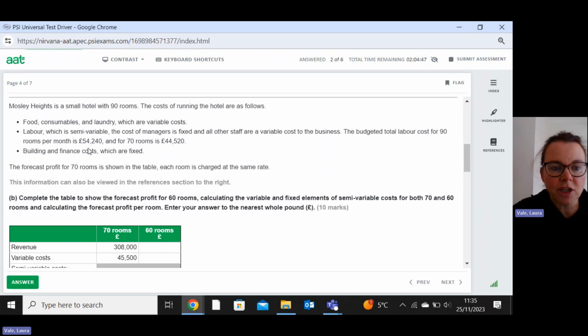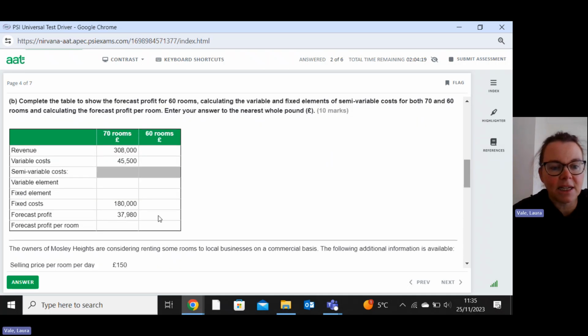But I know that the total cost is 54,240. So if I subtract my total variable cost from my total cost, that is going to leave me with my fixed cost. So 54,240 minus the 43,740 that I just calculated leaves me with 10,500 as my fixed cost, the fixed part of